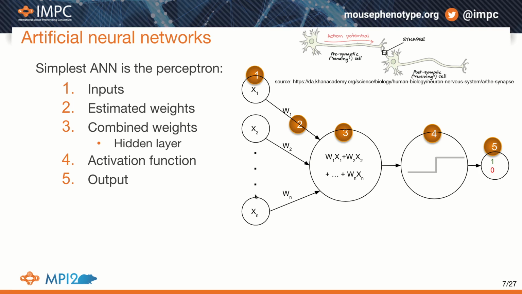In this case, it's just a vector of data, which could be vectorized images, or it could just be normal data, and each data point is associated with a weight, and we have what we call the hidden layer here, and here you get a weighted combination of each of your inputs with the associated weight, and you pass that weighted combination through an activation function, and then you get a result here, and this result is compared to what you would expect from your training set, so you know the answers already in advance from the training set,